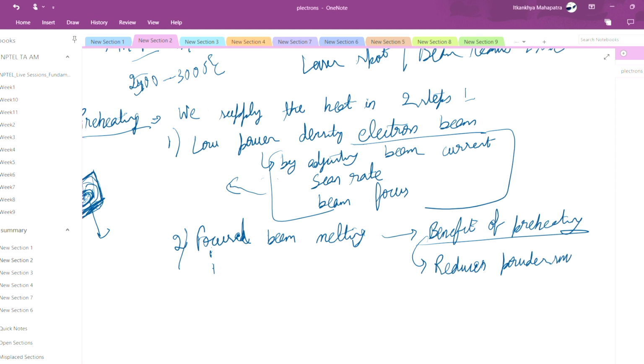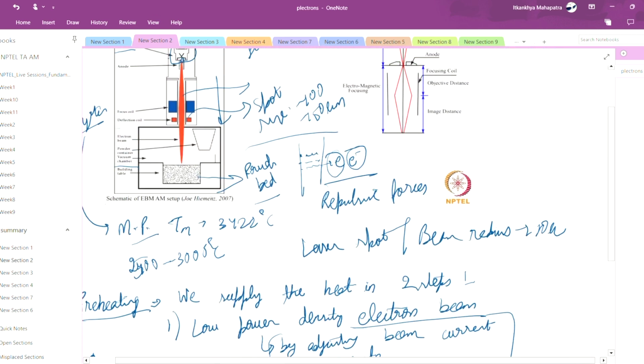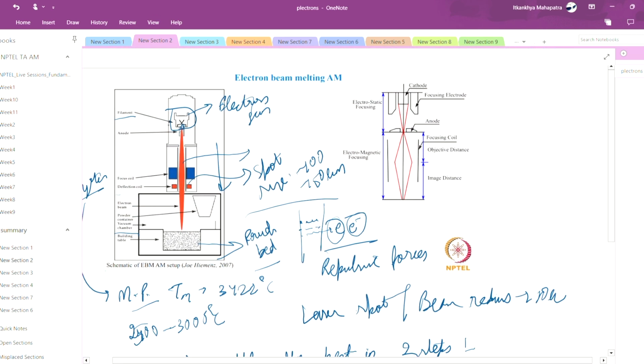Now this term I will tell you just a little bit later. This problem is always there in electron beam, but we'll discuss it. We can avoid this problem, but we cannot completely remove it. Now preheating also